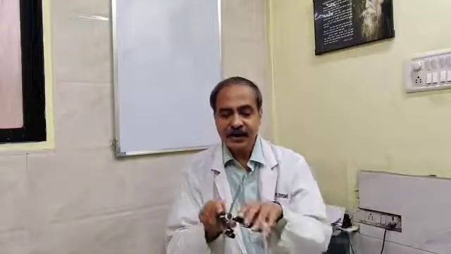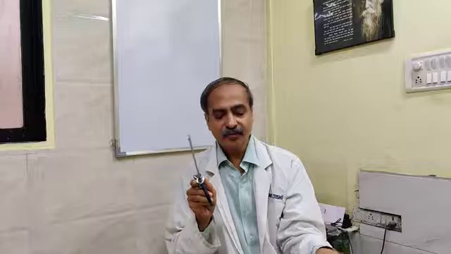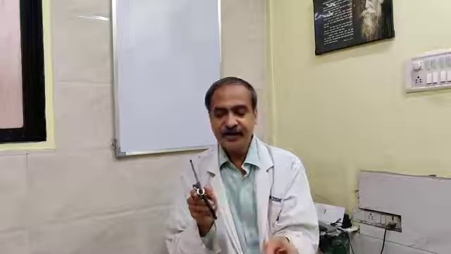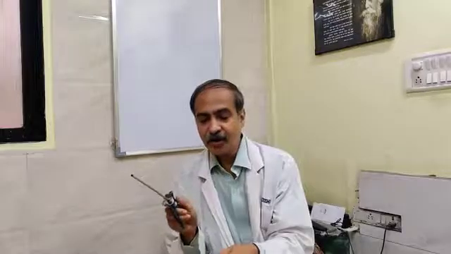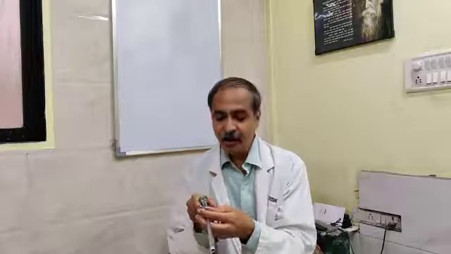Now we have seen that the working element has an attachment for the firm attachment of the active electrode. It has the provision for the attachment of the high frequency cord, and in the modern resectoscope, the working element will be going through the inner sheath of the continuous irrigation Iglesias sheath.